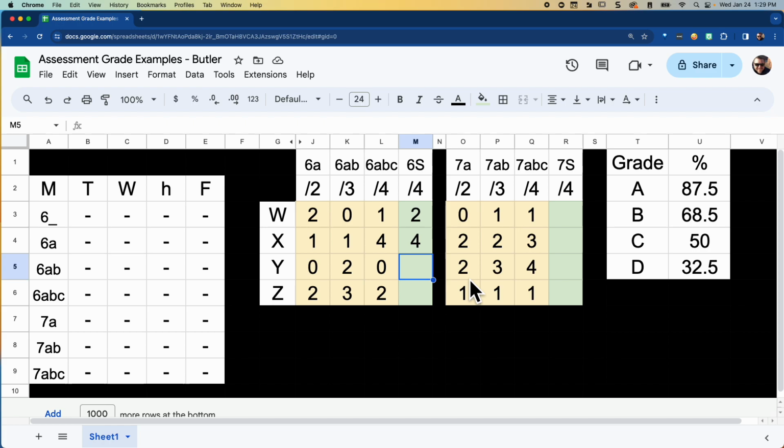So the highest score here would be a 2. And then for the final one, the highest score was a 3. Now, just for completion's sake, I want to show what would happen on the next side. And on this side, the high score is a 1. Then we have a 3, and then a 4, and then a 1. So what I'm doing is I'm looking across the unit and seeing what is the high score, and I'm typing